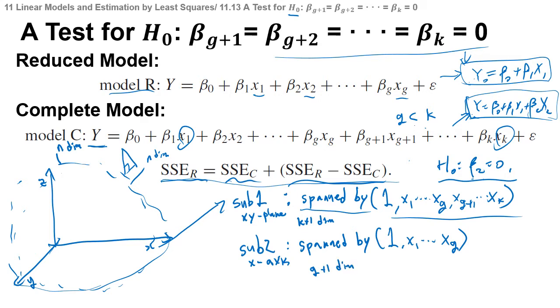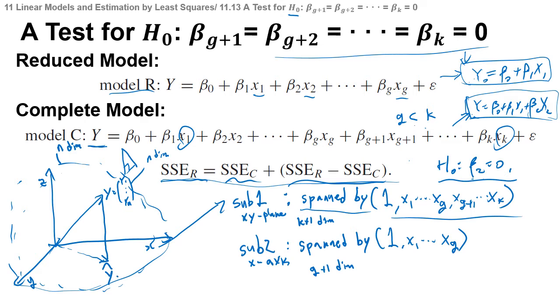In here, let's say this is the vector y, which is an n-dimensional vector, y1 to yn, and let's do projection of this to the xy plane. We will have y hat